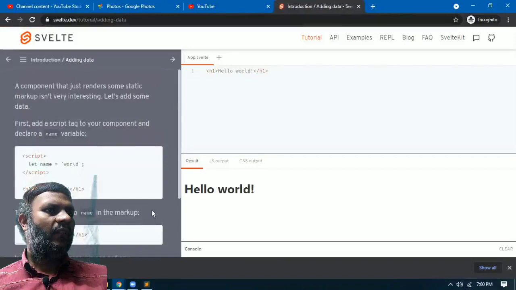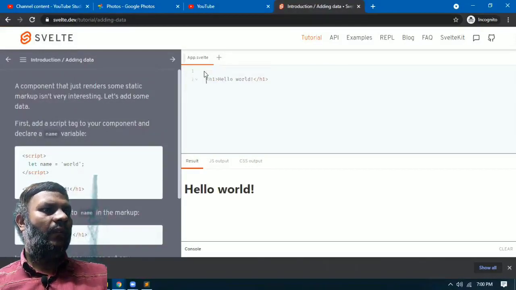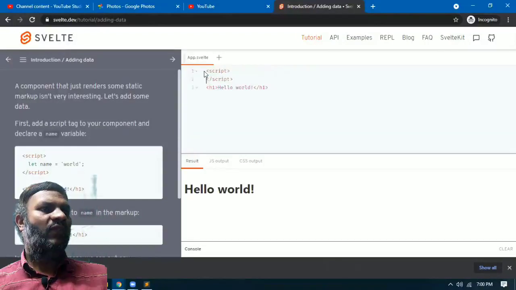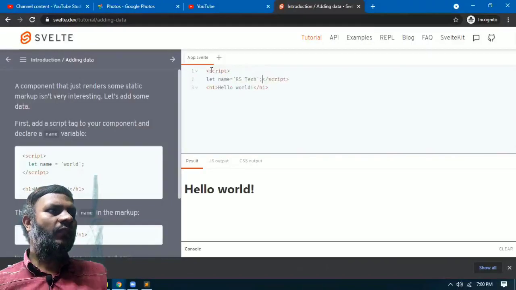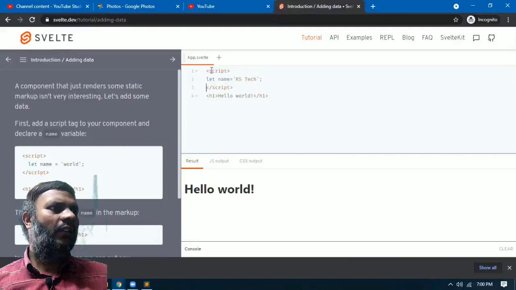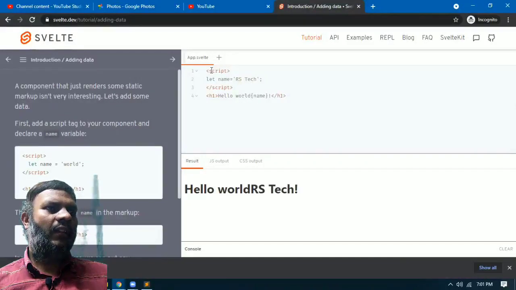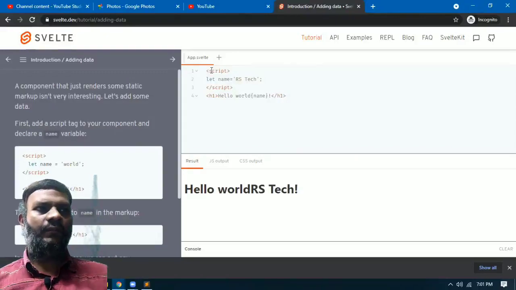Yes, if we type the values, it is going to change automatically, and the most important thing is we have to go to the JS tab and see that output. This is an introductory example where I type in some values inside a script, and I bind that value to the page using the curly bracket, and it is already getting bound.